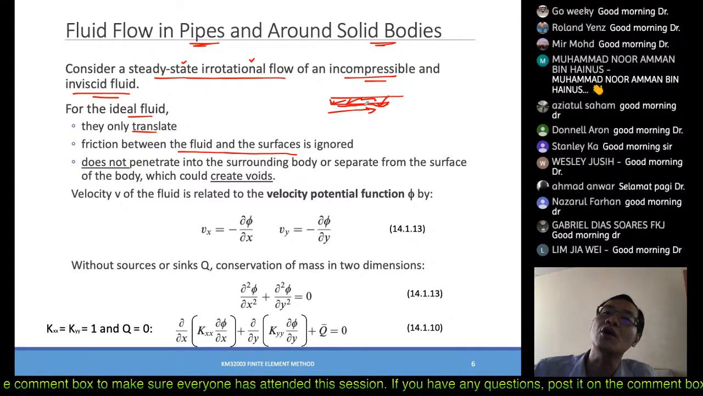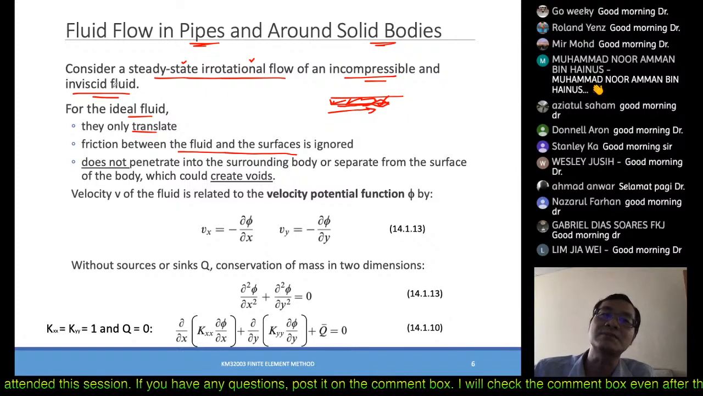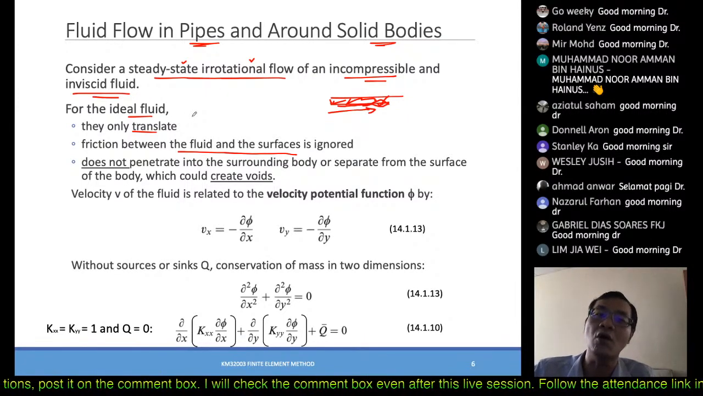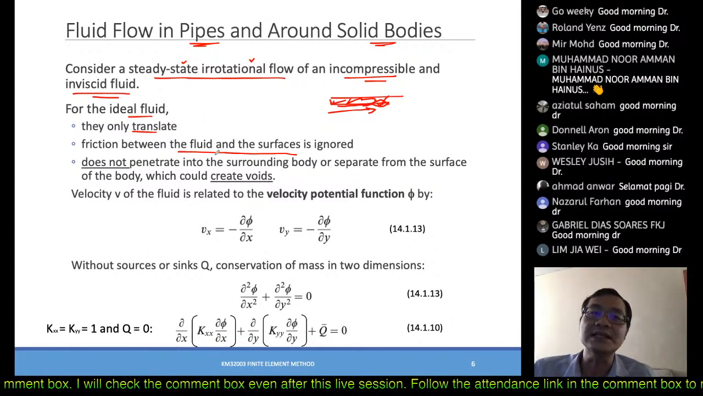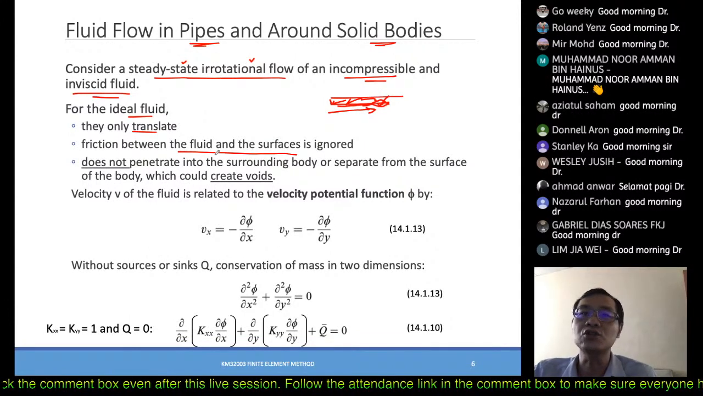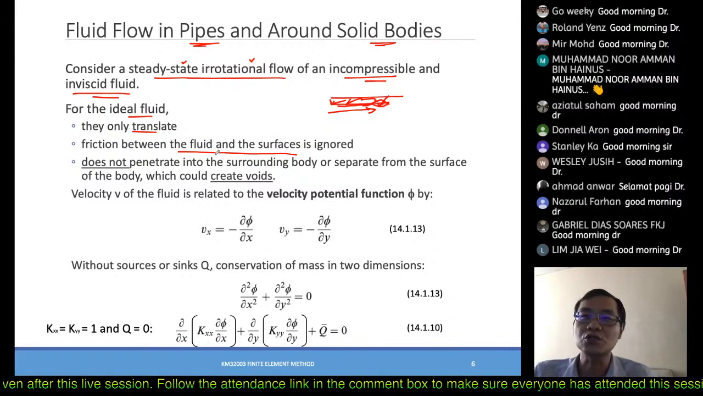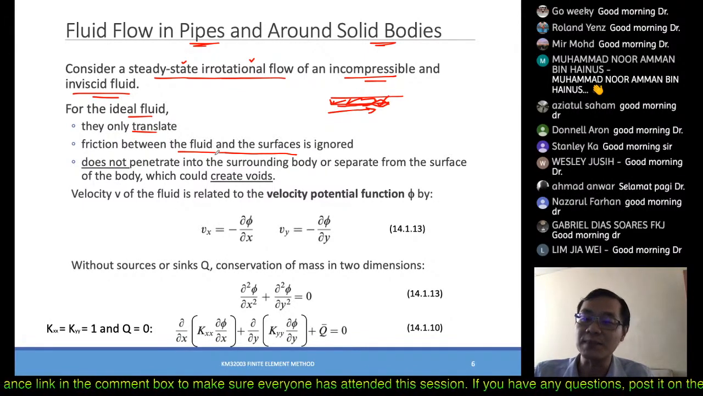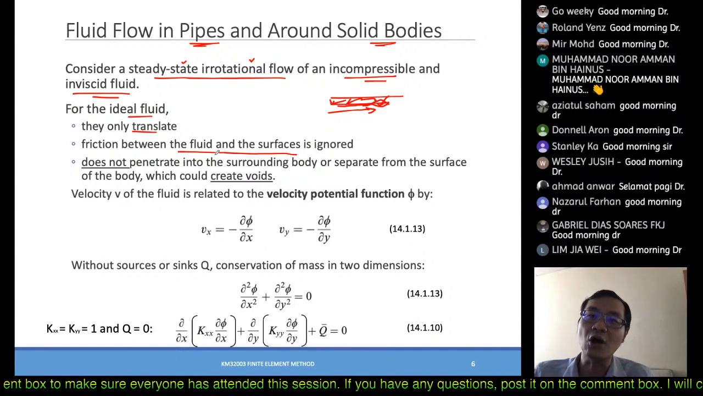So there is no void, or the fluid will not penetrate the solid, right. So this is what it means by the ideal fluid. They don't penetrate, they do not stick on the wall itself, okay. So these are the assumptions when we try to derive this, which is quite true in most of the cases, unless you are dealing with very specific applications where